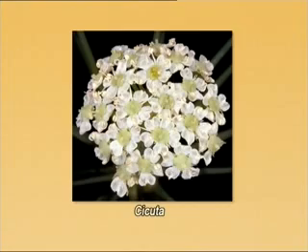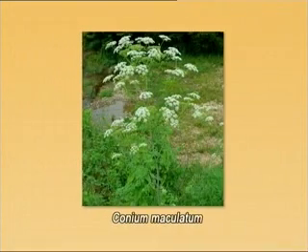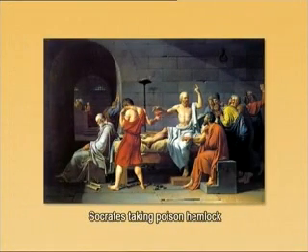Many members are extremely poisonous in this family Apiaceae, such as Cicuta, Conium, etc. In fact, the poison hemlock was obtained from the plant Conium maculatum. Conium maculatum also belongs to the family Apiaceae. It is the same plant of which Socrates is said to have drunk the extract in his execution.